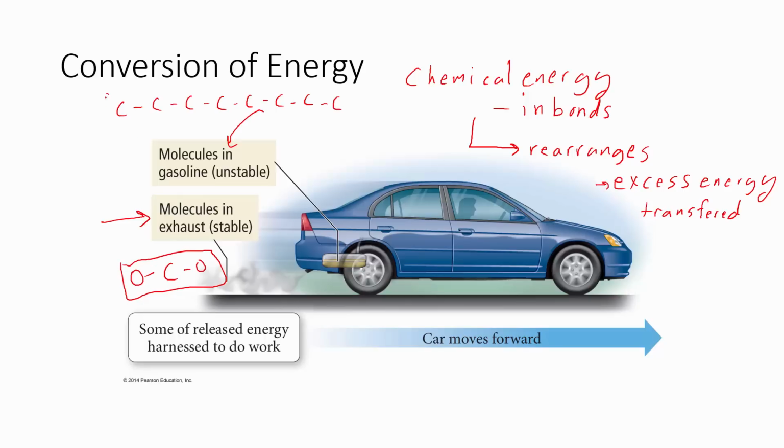And the difference in energy between how energetic the molecule put together is in gasoline to the amount of energy in the bonds holding together carbon dioxide, we actually have less energy present in the bonds of carbon dioxide. So the extra energy is converted through explosions and release of heat that turns a cylinder, turns an axle, turns the tire, and there's a force applied over a distance and work is performed. So that energy, the chemical energy present, has the potential to allow for work to be done in the movement of the car.